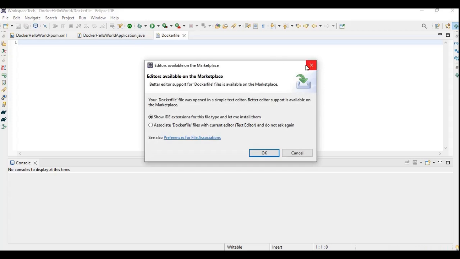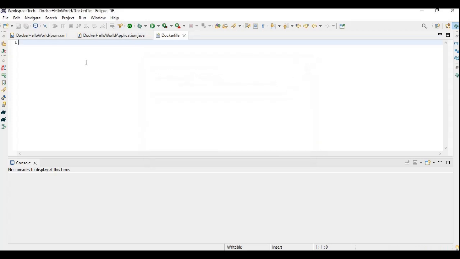So here what we have to do is write a few steps that Docker will be performing to package our application into a container and then deploy that to a particular port. So we have to mention what commands or actions Docker will be performing, or maybe what prerequisites Docker requires to even compile your application, right?